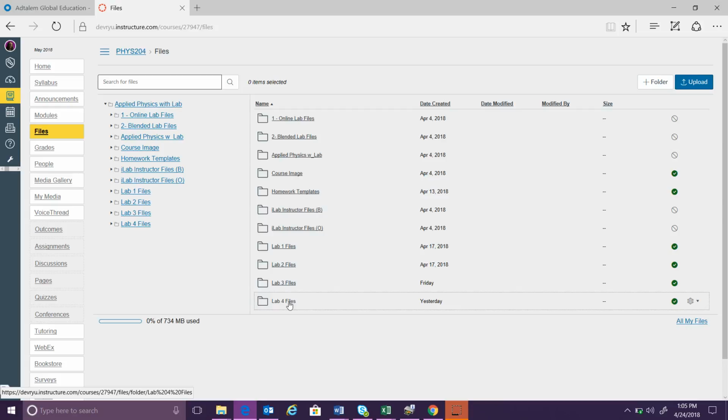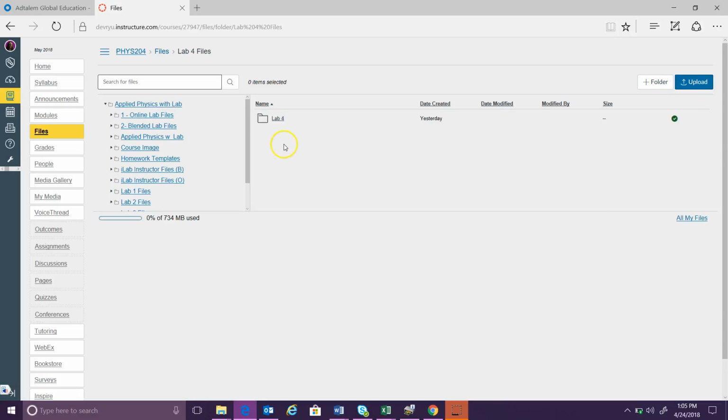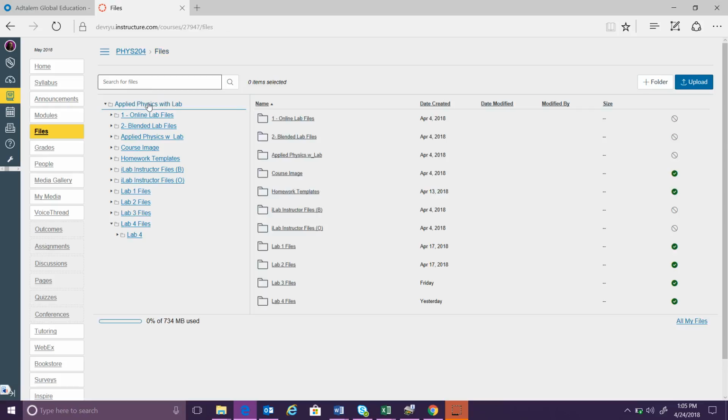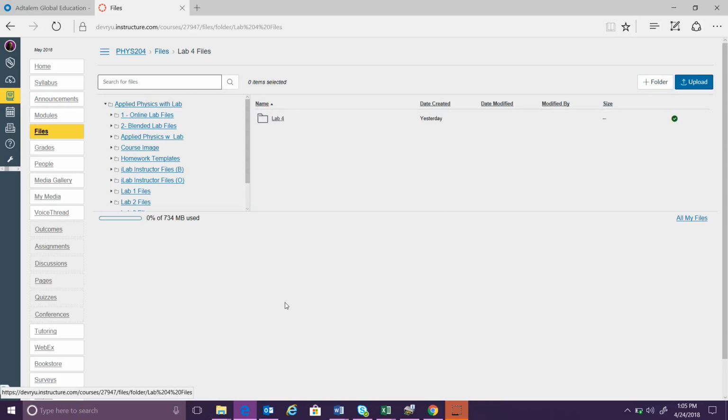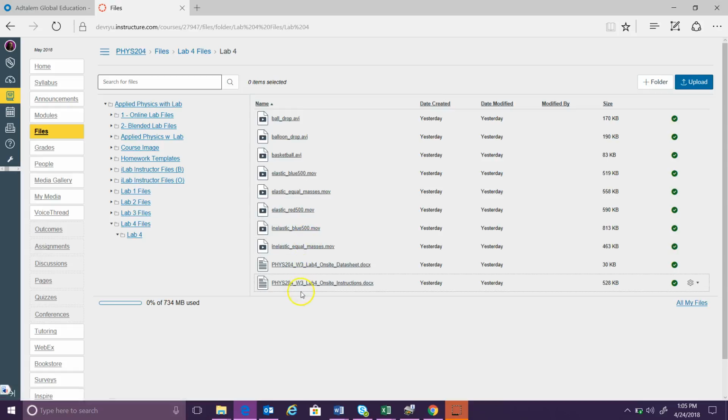You can do it on pretty much any computer that can access Citrix, the lab.devry.edu. Alright, so I'm in Files. And within Files, you'll see Lab 4 files, and you click on that folder. And there's another folder that says Lab 4, so you click on that folder, and here are all the files you need. So first, open your instructions,